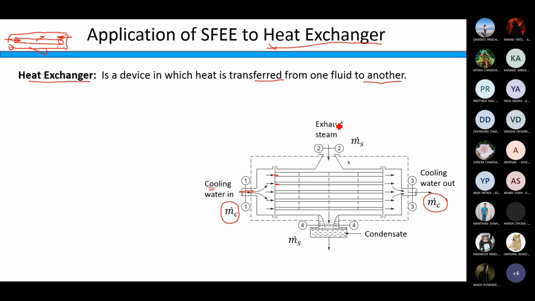So the exhaust steam, after doing the work of expansion in the turbine, will be passed through this kind of device, like a heat exchanger. The steam will come in contact with the cold fluid flowing through the tubes, and the steam will get condensed because heat will get transferred from this condensing steam to the cold fluid, and this is how the cold fluid will become somewhat hot and go out from section 3. Whereas the steam which is entering at this section in the state of a vapor